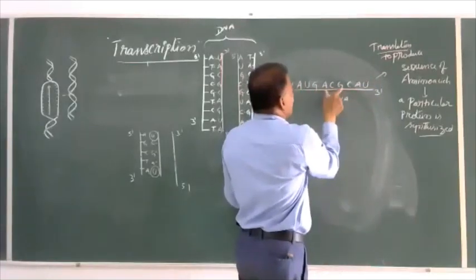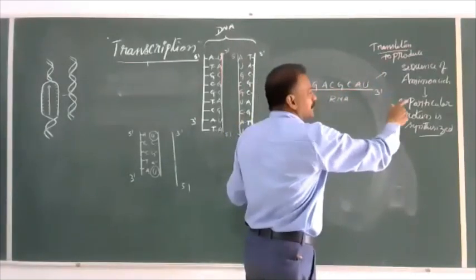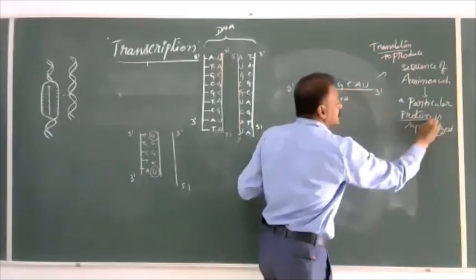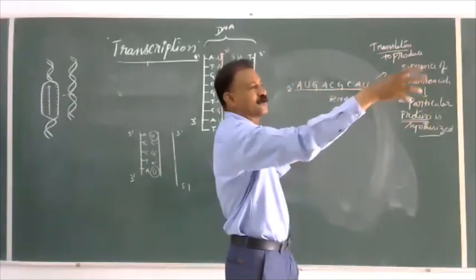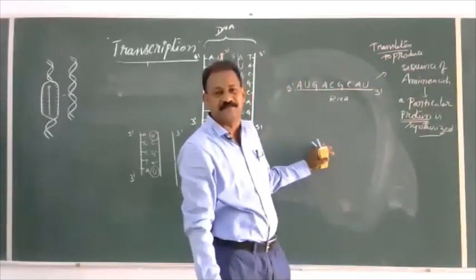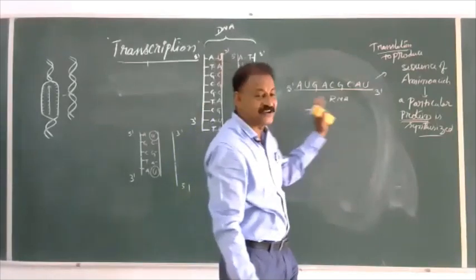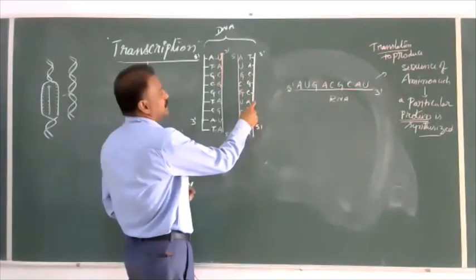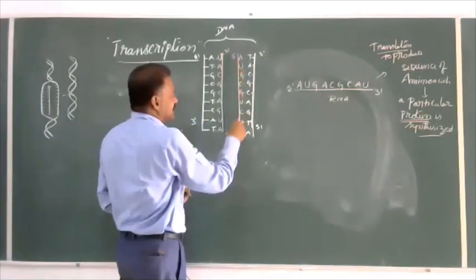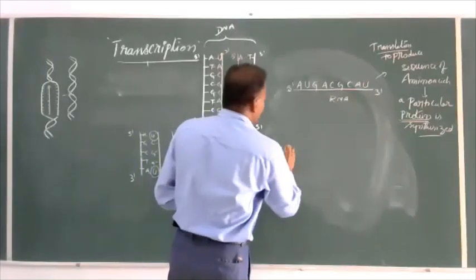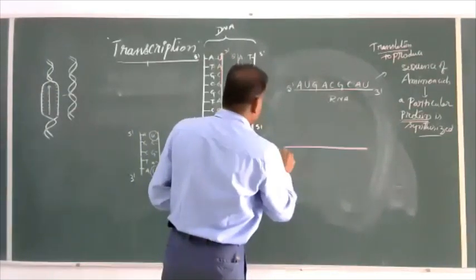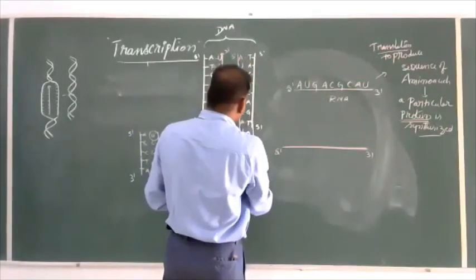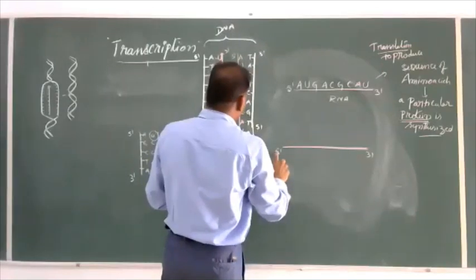Three letters equal one amino acid, then another amino acid, another amino acid, like that. So the sequence of amino acids determines a particular protein. So such and such protein equals such and such amino acid sequence. This is the function of RNA. For example, from the second DNA template also another RNA comes. Let us take this RNA here, 5 prime to 3 prime, 5 prime AUG. 3 prime to 5 prime, no. Here we are going to do UAC.